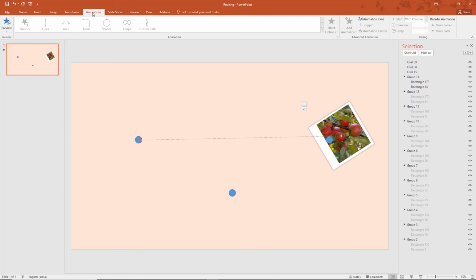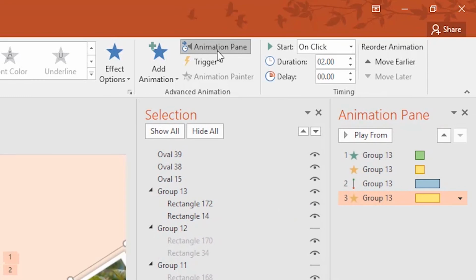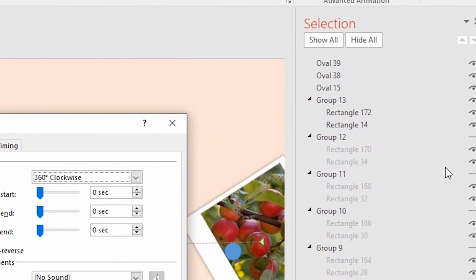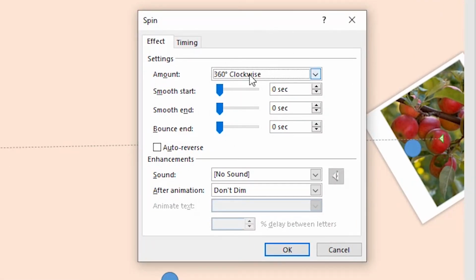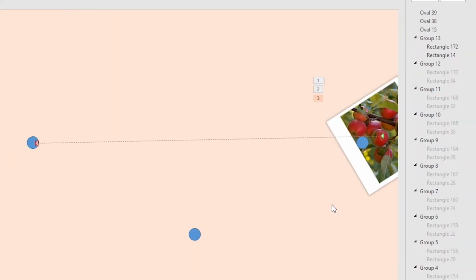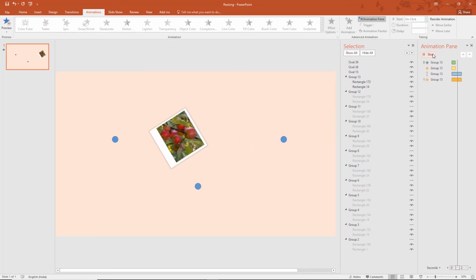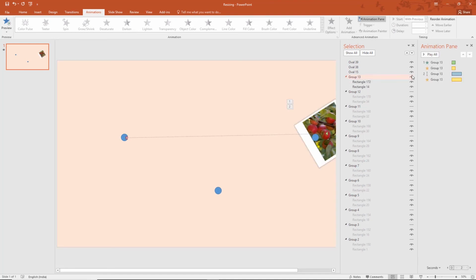If you want to make it not that rotated, select it, add a spin animation. Right now this is going full spin. We don't want that. So select this, double click or just go to effect options, and I'll add maybe 20 or 30 depending on the image, 20-degree anti-clockwise. That also depends on the image. Now this is going counterclockwise because this image is rotated clockwise. So see that. And this apple is done here.